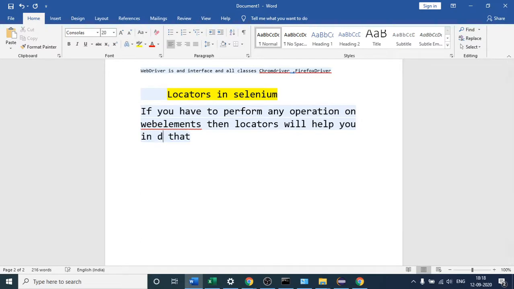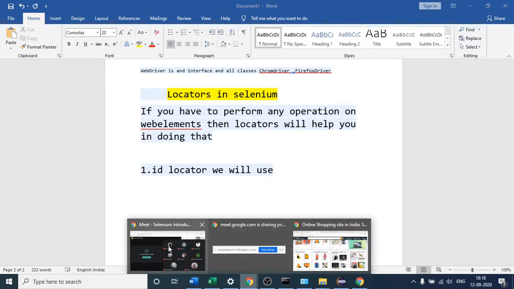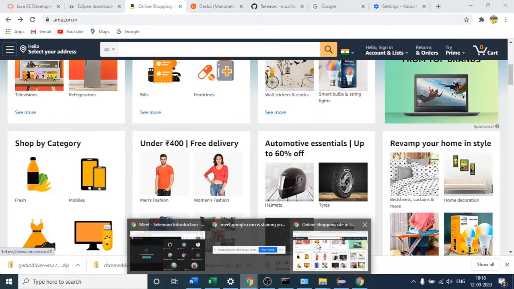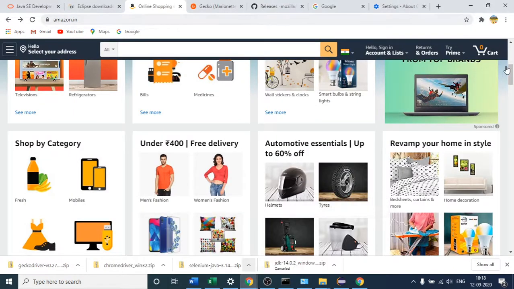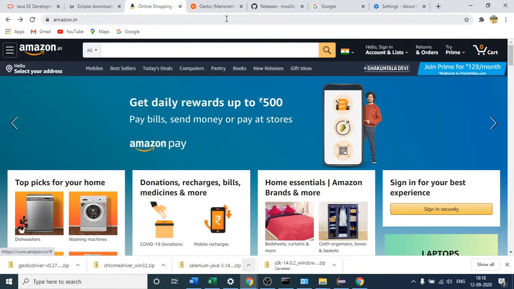So let us discuss the very first locator. First is the ID locator. It is the most basic one. Let us see how we are going to use this locator. First of all, let me come to this website, amazon.com.